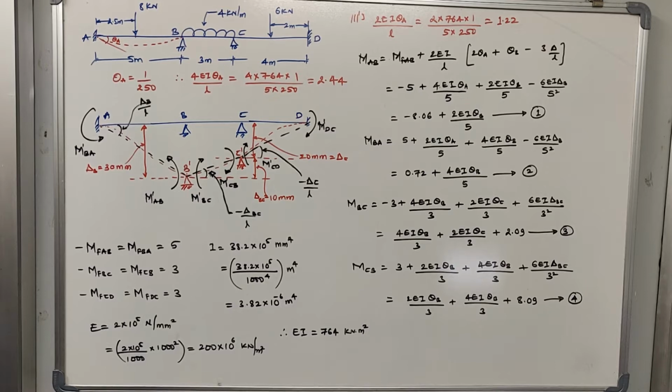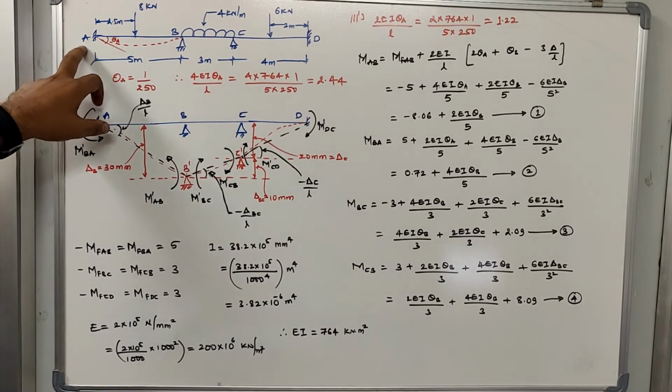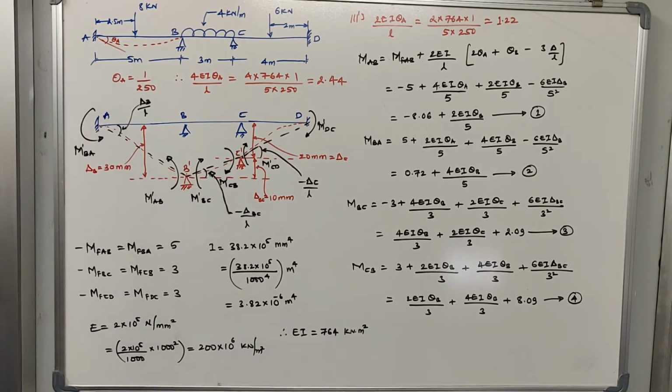There are some points that you need to focus on. First thing is that the figure is already given to you. I have drawn it on the board. You can see this is the problem that is given to you. Then let us try to understand the other parts of the problem. First thing that you need to notice is the end A yields, turning through 1 by 250 radians. Let us understand this sentence, what is given to you.